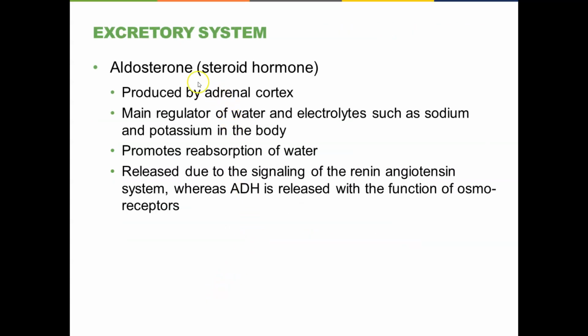All right, another one for the excretory system is aldosterone right here. This is produced by the outer layer of the adrenal glands over the kidneys, the adrenal cortex. That's the outer surface of the adrenal glands. And its target is, there's a component all the way through the body, but it's released due to signaling from the renin-angiotensin system right here, which is a blood pressure regulating system. Anyway, aldosterone induces increased water retention again in the kidneys.